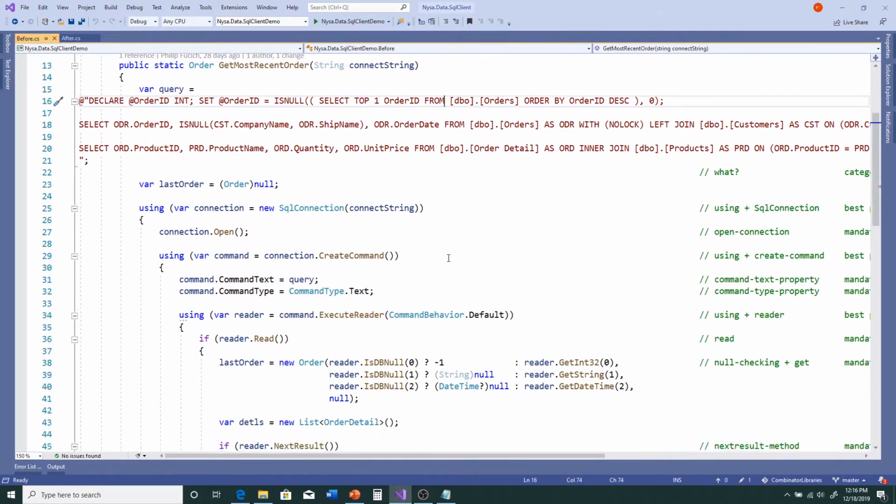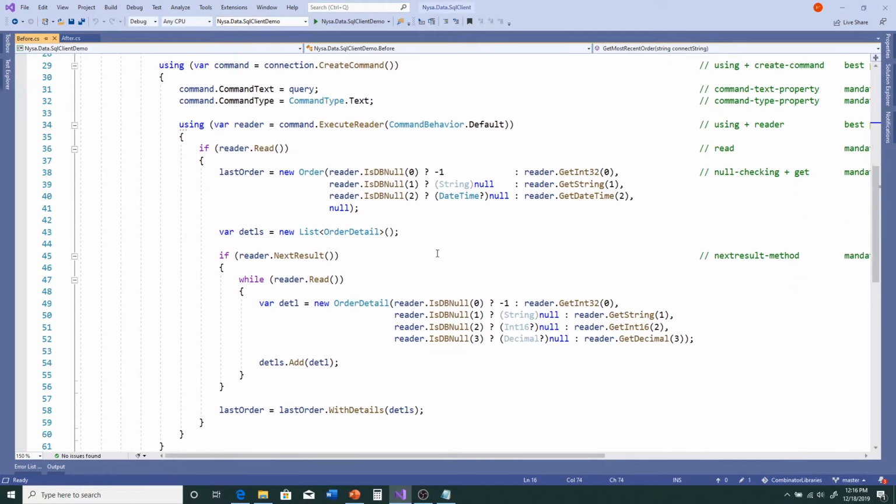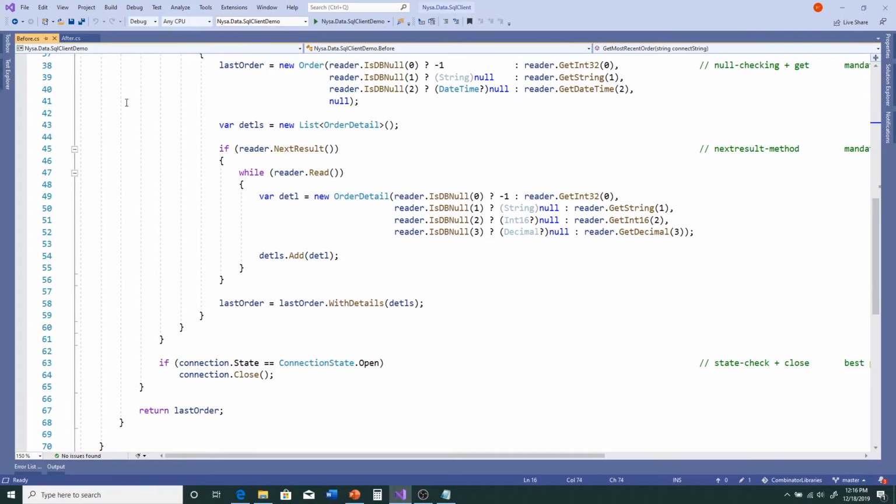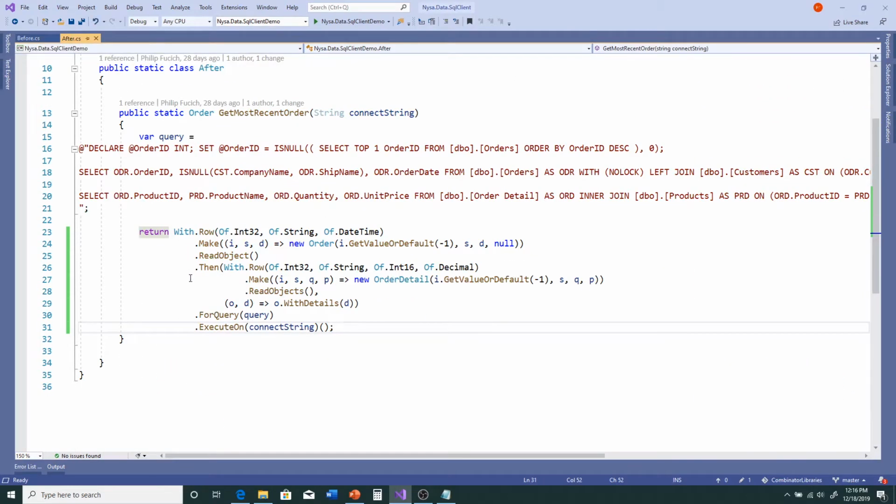Essentially, all of this code is happening behind this code. But this code here really just represents specifically what is different from one query to the next, or from one specific instance of me going to the database and getting something to a different one where I need to get something completely different. So what I'm going to show here is I'm going to F12, go to the definition of